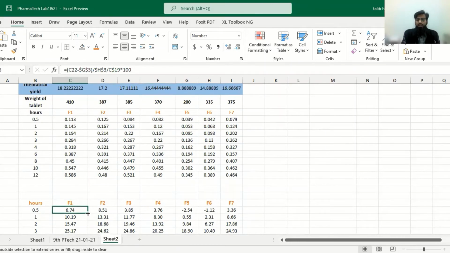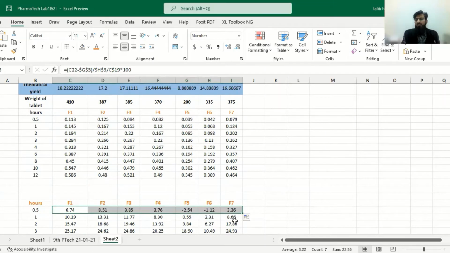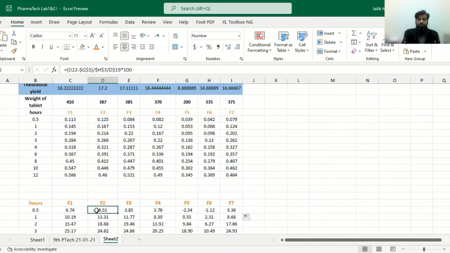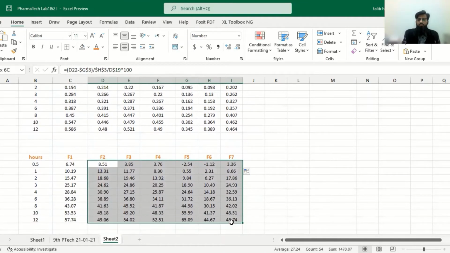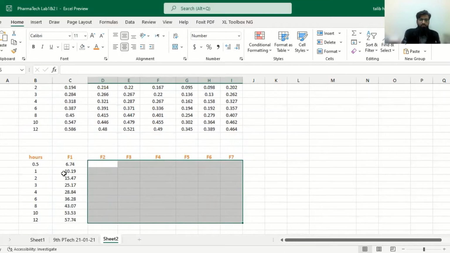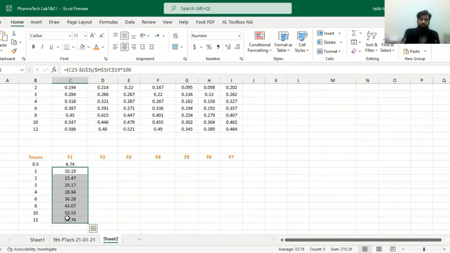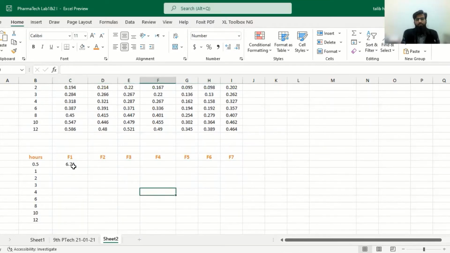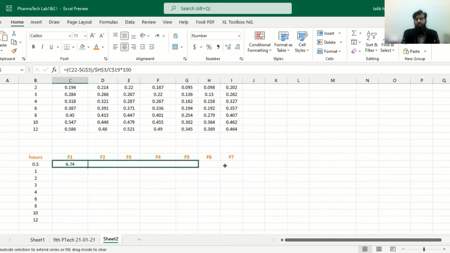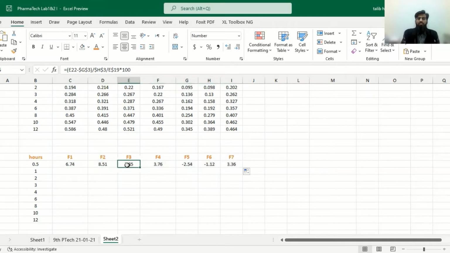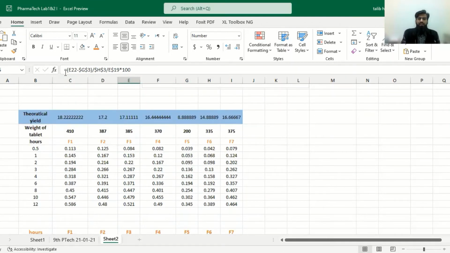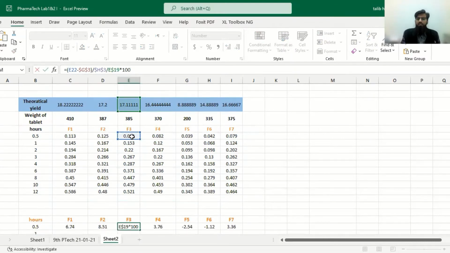Now we will drag it towards F7. First of all, these should be deleted so you can have a clearer picture. Just for example, I have dragged it till F7. So what is actually happening? We didn't fix the first one, which is the concentration value, so it will change according to rows and columns.